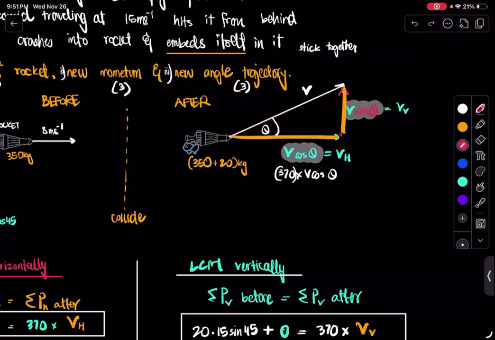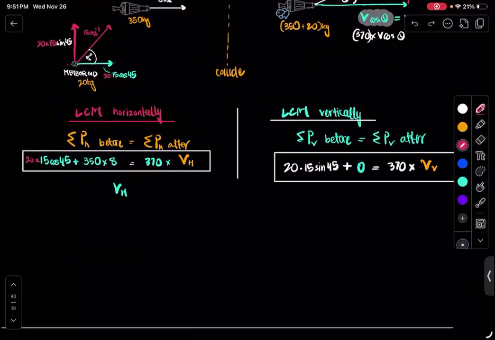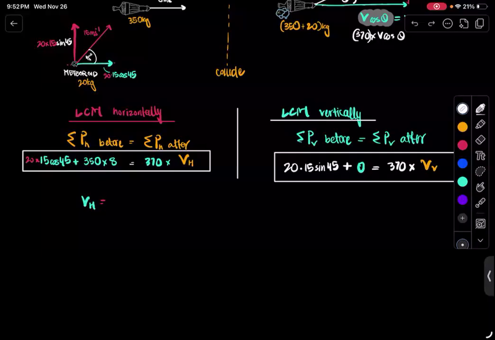And then wouldn't finding out the theta be really easy as well? So that's how you actually think about it. Now let's solve for vertical velocity. I'll recap the question once we're done with the calculation. So how do I find out VH? You just make that the subject. So if you can do it quickly, that would be great.